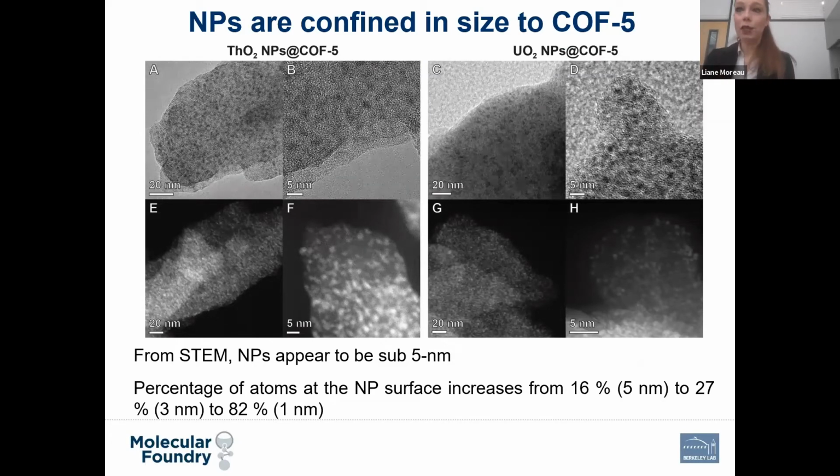We also looked at transmission electron microscopy, which would be your typical kind of first case scenario for seeing if you actually had nanoparticle formation and trying to evaluate the size of the particles. And so from microscopy, it does appear that we have nanoparticles that are spread throughout the core as kind of these dark regions from bright field imaging, or from dark field imaging, the brighter regions. And we can see that they appear to be kind of distributed throughout this framework, which is in the less